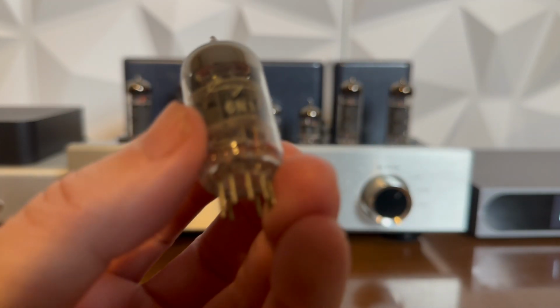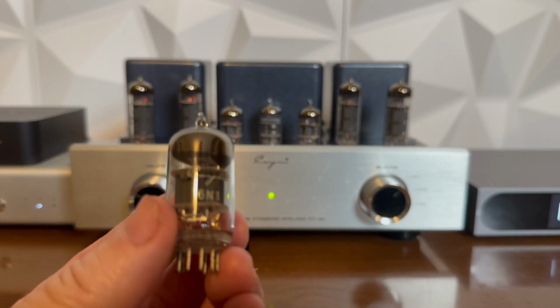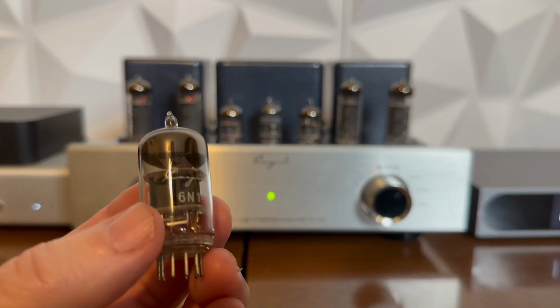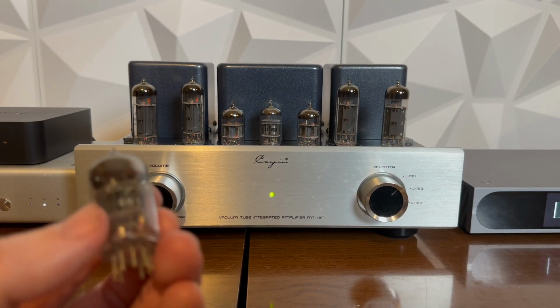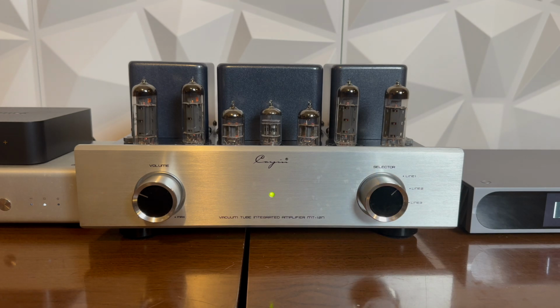So this is what came as the 6N1. I'm sorry, I have to keep remembering that. You can see it's Cayin branded. So right now, and I'm probably going to say this wrong, it's the Voskhod Rockets 6N1. Initially, again, on my Zoo Omens, it really did not sound well. And this amp,